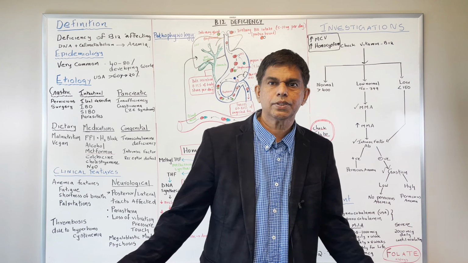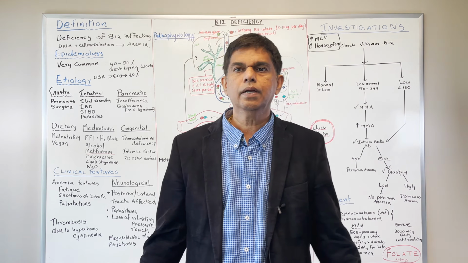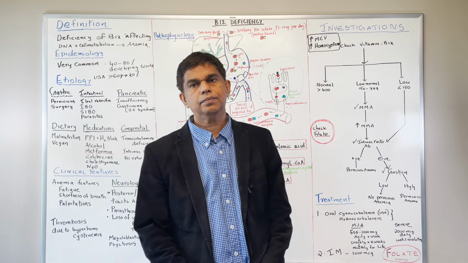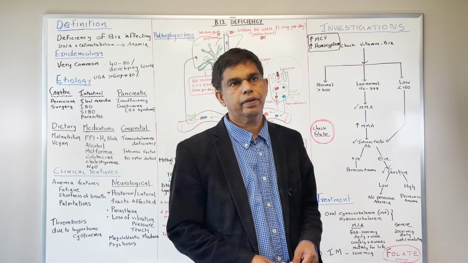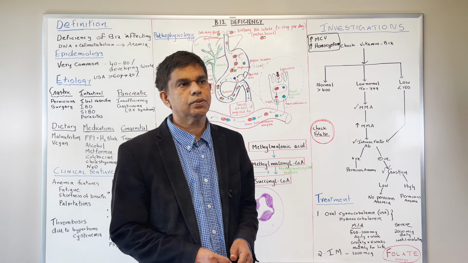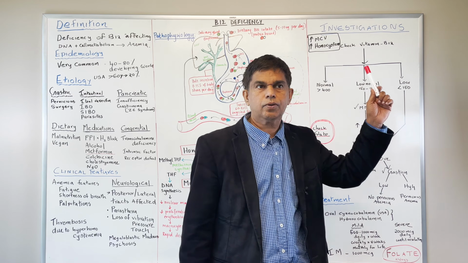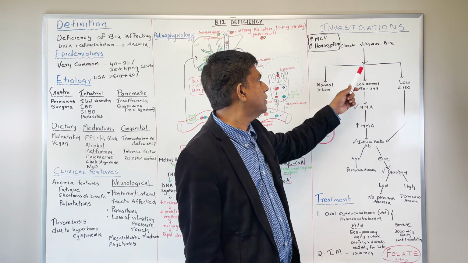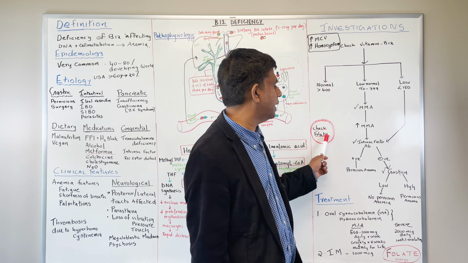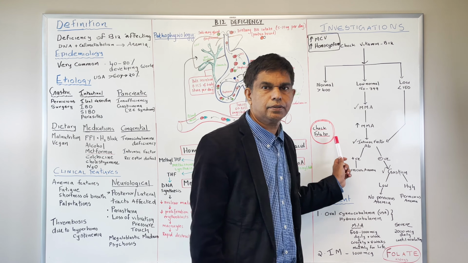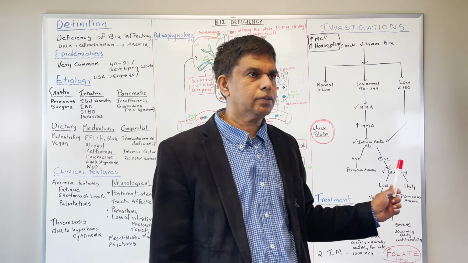Of course, we check the CBC, and then we'll find the MCV is going to be, what is the normal MCV? Somebody tell me? 80 to 100. In these people, usually greater than 100, okay? Then you have to think about megaloblastic anemia. And what are the other things? You have to check for homocysteine. Then you check vitamin B12, and you also make sure you check the folate level. Don't forget to check the folate. It's very, very important, which we'll come back to.